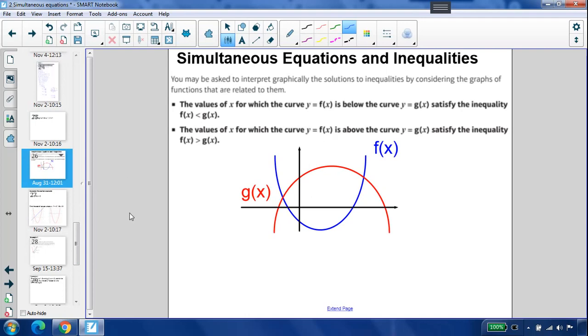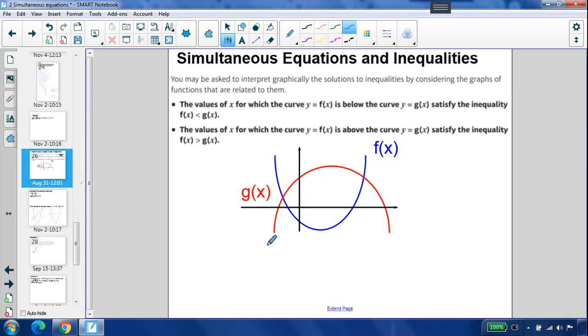Now in this video we are going to move on to inequalities and graphs. So as you will have seen already, we've been combining our knowledge of simultaneous equations and inequalities all together, and this is actually doing very similar but with the graphical methods as well. So you may be asked to interpret graphically the solutions to inequalities by considering the graphs of functions that are related to them. So here we have the blue curve, which is f of x, or y is equal to f of x,